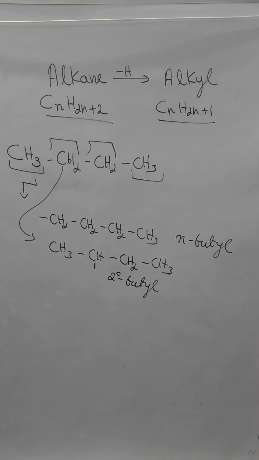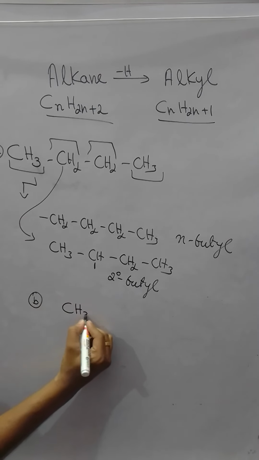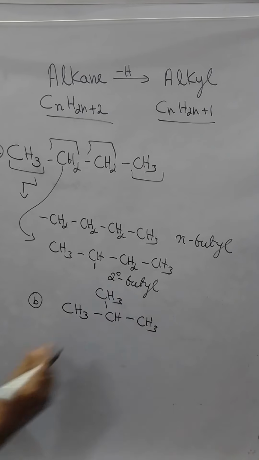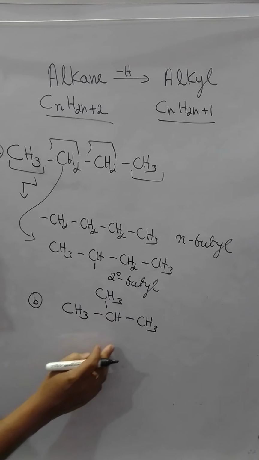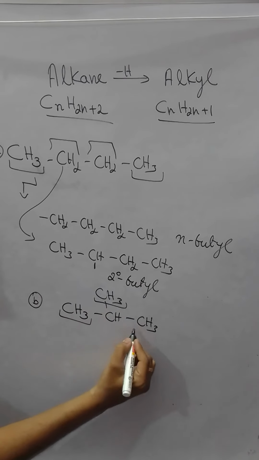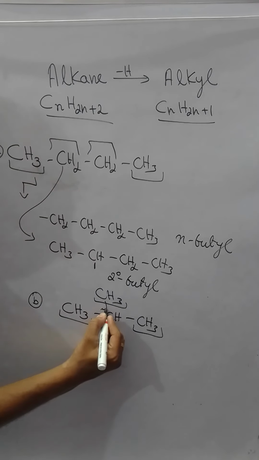Any more possibility? No. But remember, butane has a chain isomer, first year concept, chain isomer. We can also write butane in the other form, that is, I can write it as CH3, CH, CH3, CH3, this is another form of writing it. Now, in this case, how many types of carbon are there? This is one, this is another type of carbon atom over here, and this is one more type of carbon atom over here.